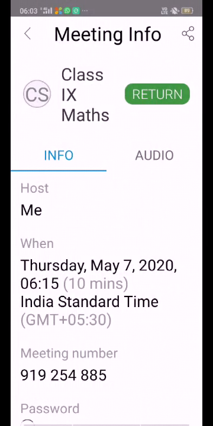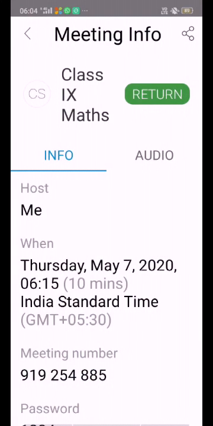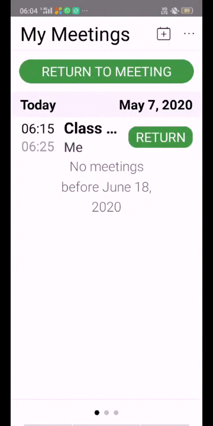If we want to share its address through WhatsApp, you can share it on WhatsApp. And when the time is 6:15, we can directly go to launch our meeting. At 6:15 we can start.